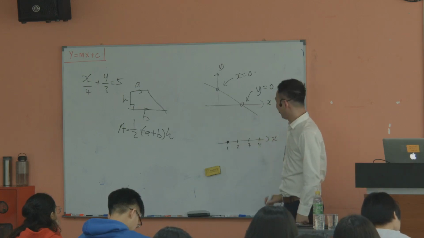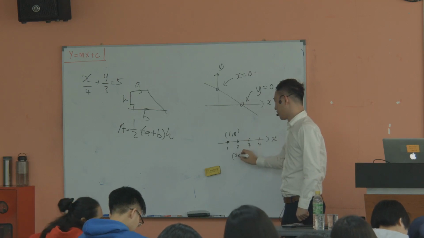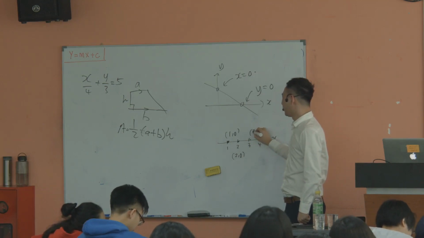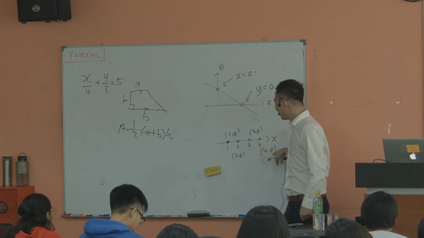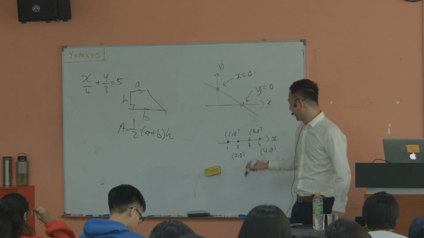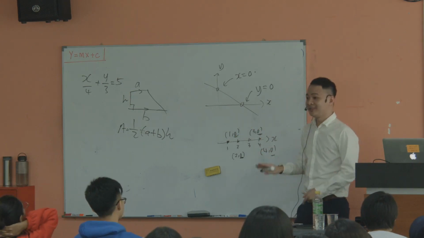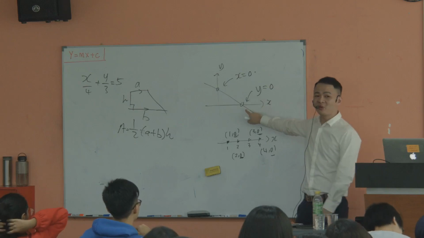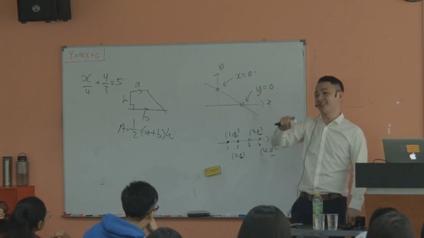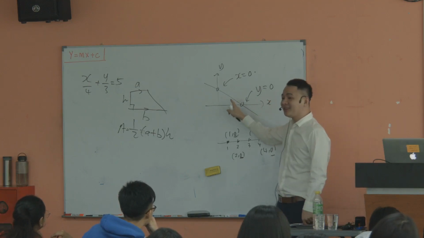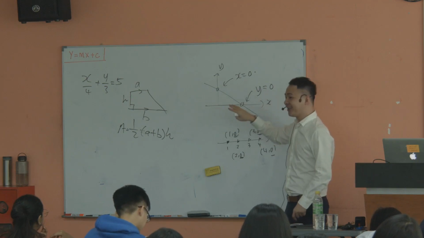what do we call the first coordinate? We call it (1, 0), isn't it? The second coordinate we call (2, 0). The third coordinate we call (3, 0), and so on, (4, 0). And what thing do they have in common? You realize all of their y is 0. This is the reason that if you want to find the x-intercept, we always make y equal to 0, because it is the fact. So, same idea, if you want to find the y-intercept, we just make x equal